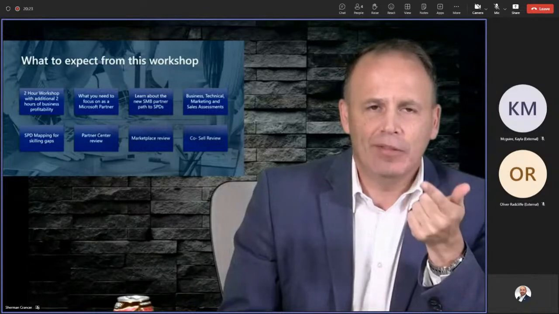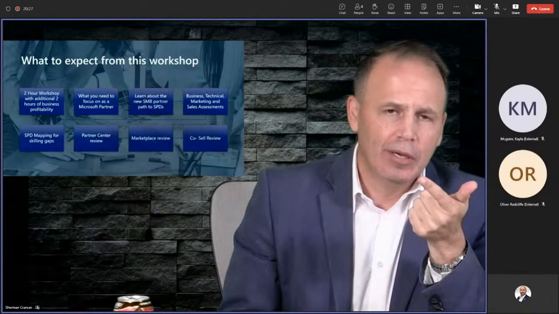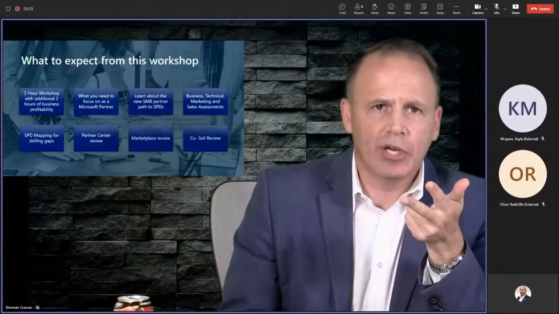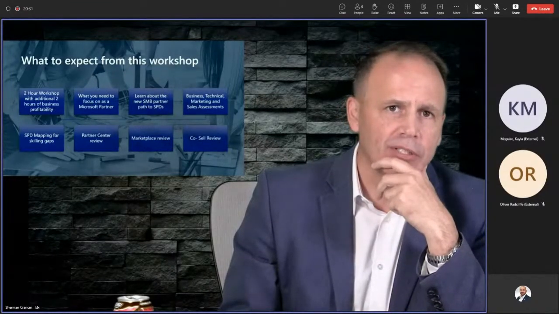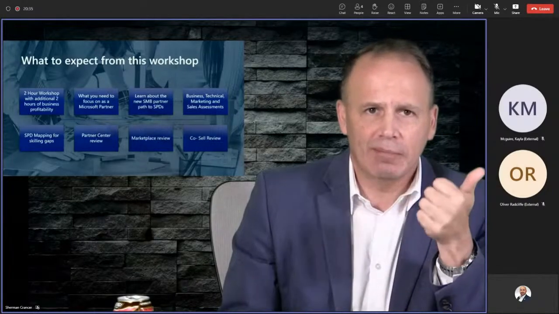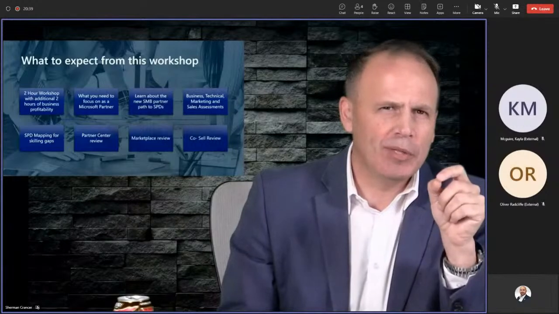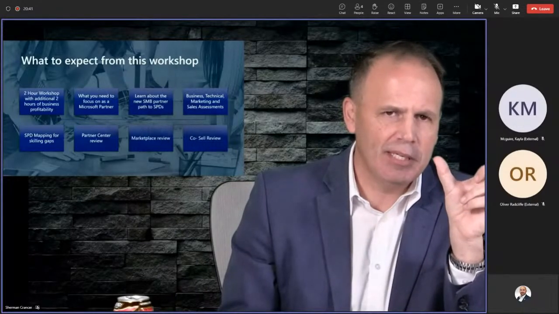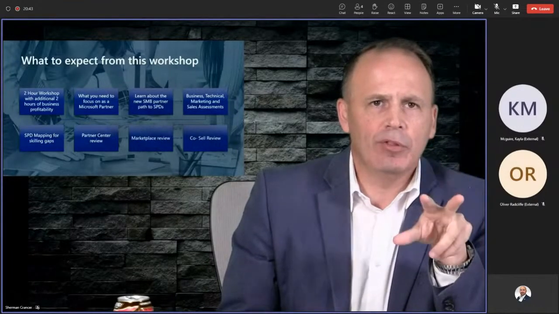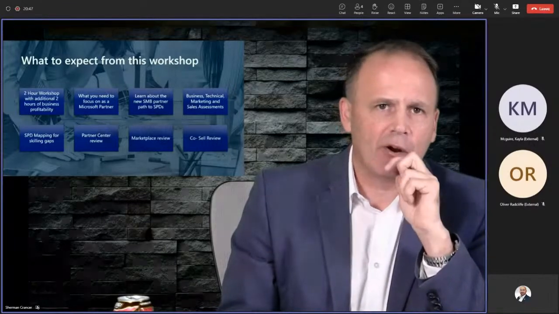Then the second one is the marketplace creating an offer walkthrough that we have, as well as a co-sell ready or co-sell registration process, which we feel is really the important steps today for partners, really understanding marketplace and co-sell. Now, we probably won't be doing that today because we're going to just focus on the SPDs. However, for both of you, in the link that's in the chat window, you have access to the PowerPoint that